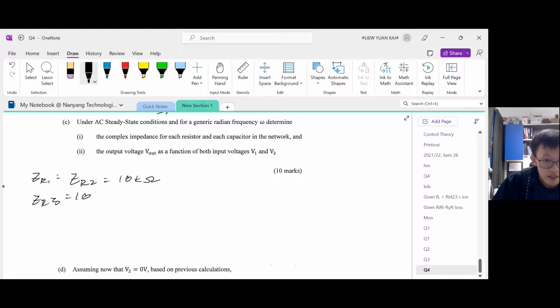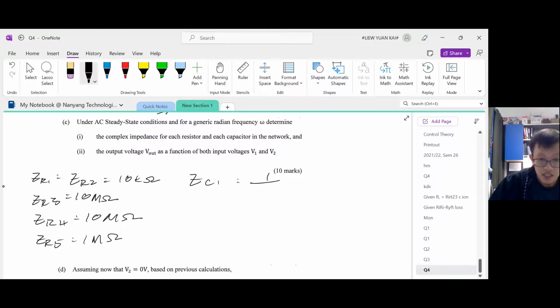R3 is 10 mega ohms. R4 is 10 mega ohms. R5 is 1 mega ohm. And ZC1